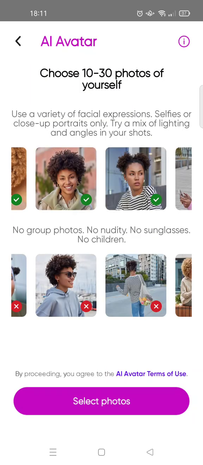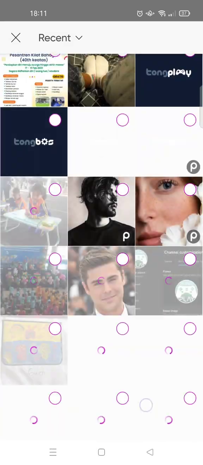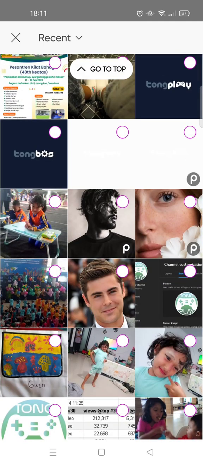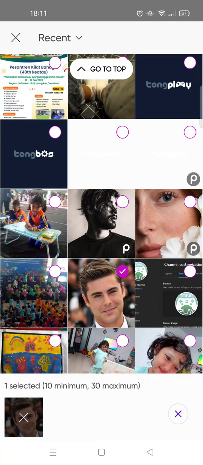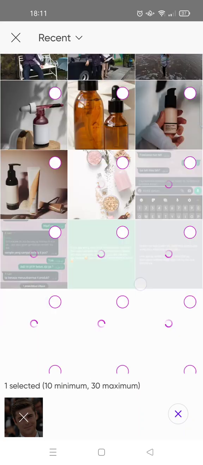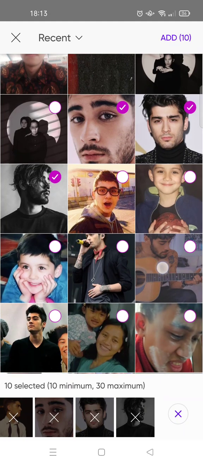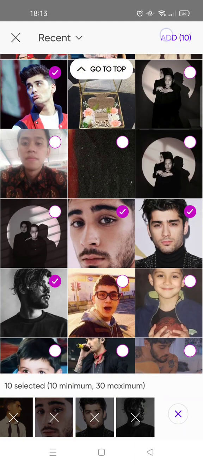Then just select your photo, so you can choose up to 30 photos of yourself, but I'm going to try one. I don't know if it can or not. I'm going to choose this one. Then okay, so 10 is minimum, so you can just choose 10 photos for this. Okay, so I've already chosen 10 photos, and you can just click on add